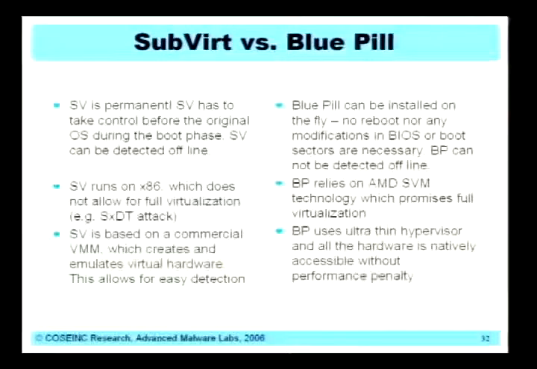Subvert is based on a commercial VMM which creates virtual hardware. So once you run VMware, you have this VMware network card, VMware graphics card, and so on, which of course allows for very easy detection. Bluepill uses a very thin hypervisor, which doesn't intercept any I/O communication, which means that the Bluepill operating system